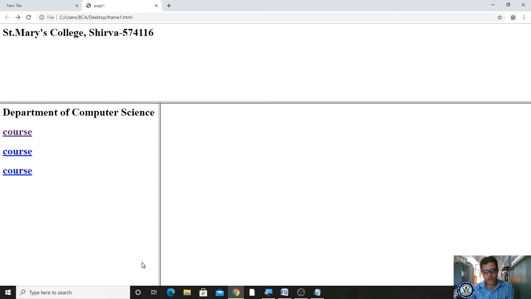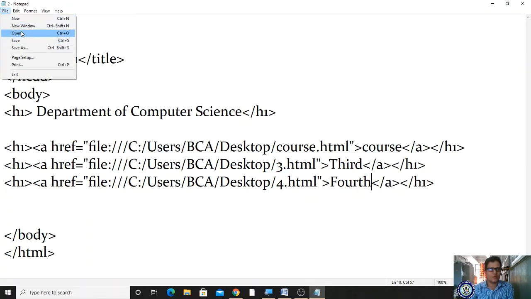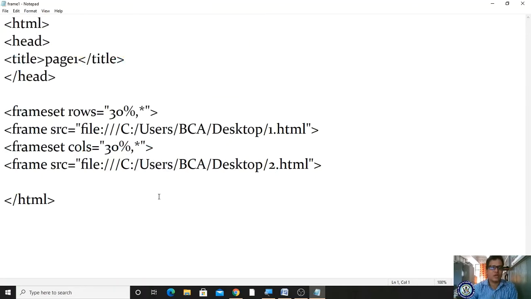For this frame I am giving the name menu, and for this frame I am giving the name content. Where is it? I have to open which file? The frame file, not your second file. Which file do we have to open? We have to open the frame.html file, frame1.html, right? Yes, I have opened it.